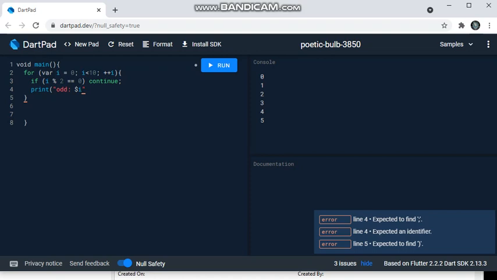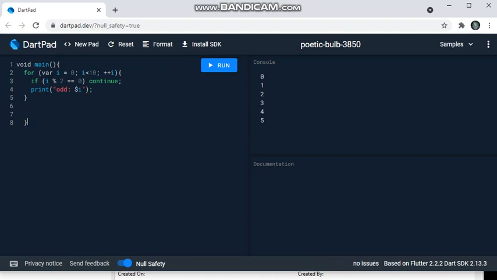In the sense, the values available in this I will get represented here. Now let's try to run it. I think everything is fine. Let's run it and wait for the output. Okay, here we got the output: odd 1, odd 3, 5, 7, and 9. So these are all the odd numbers.